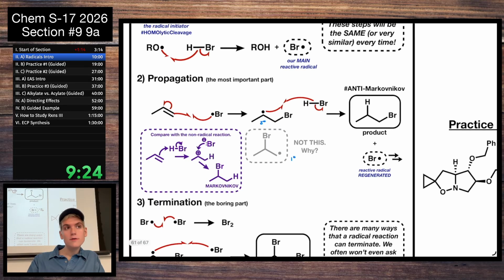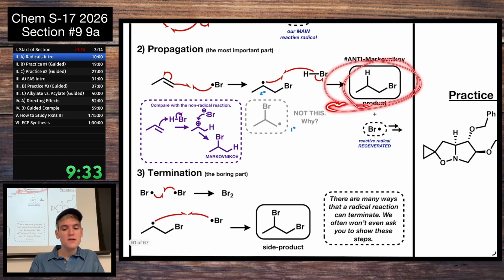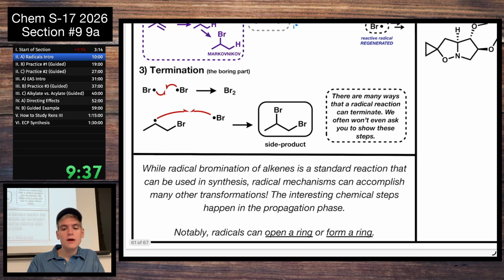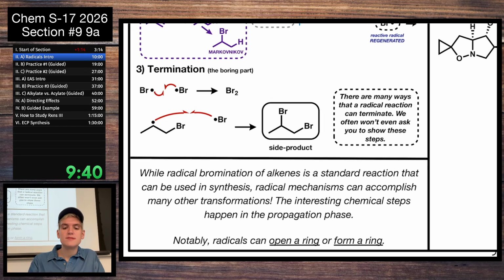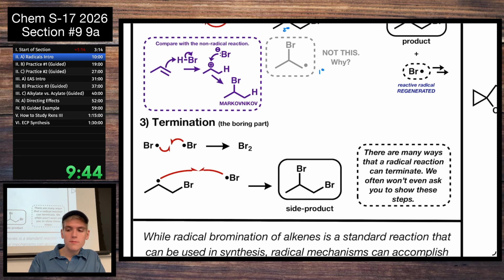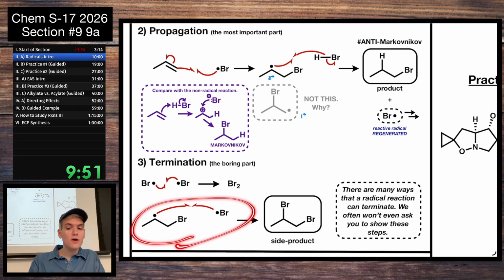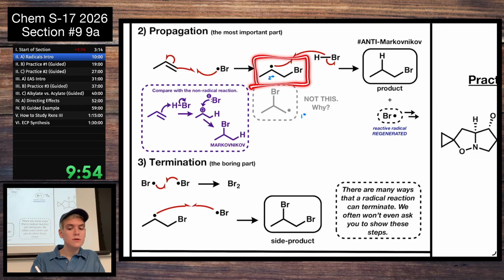Okay, so termination, the last stage. This is the boring part. We rarely ever ask you to draw any termination steps because we got our product up here. Also, there are lots of different ways that termination can happen. We have never asked you to draw termination steps, but it's basically how do we go from having radicals to no radicals? Well, we had Br dots. Two Br dots could bump into each other, make Br2. Or, a very minor product, you could have this intermediate with a radical bump into another Br dot, in which case we get this side